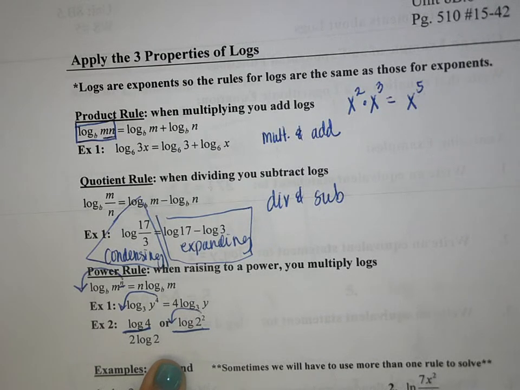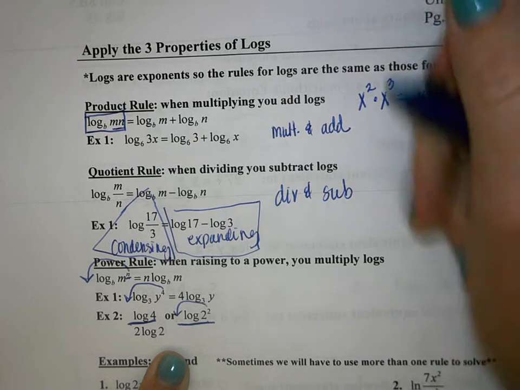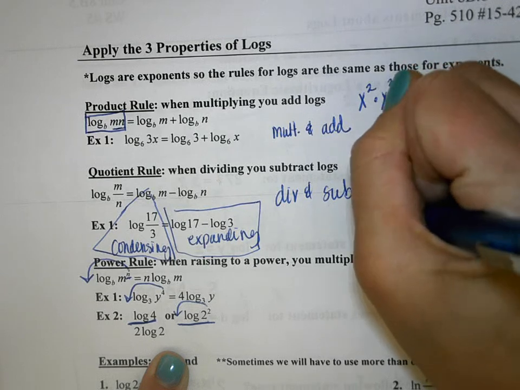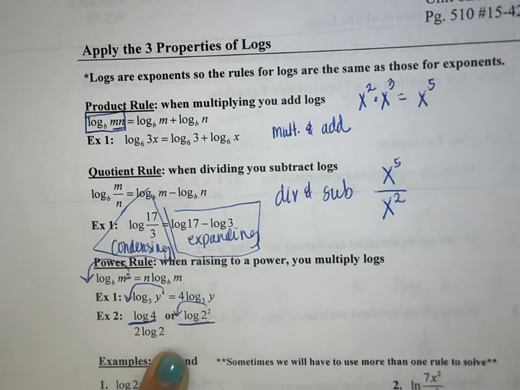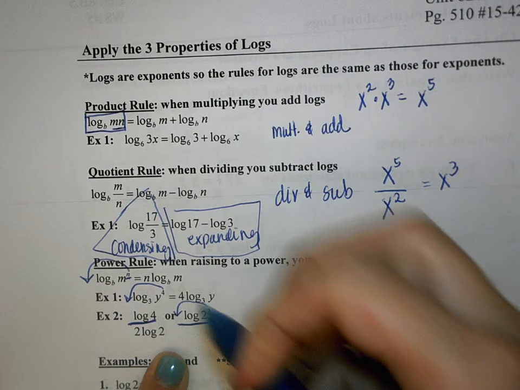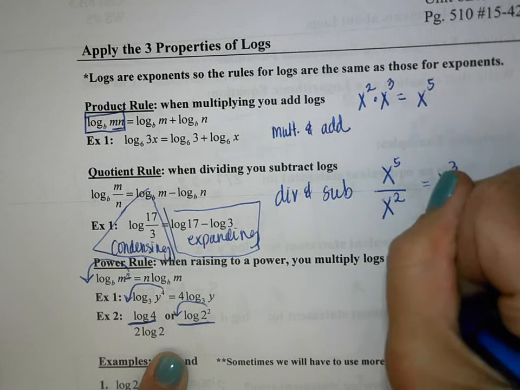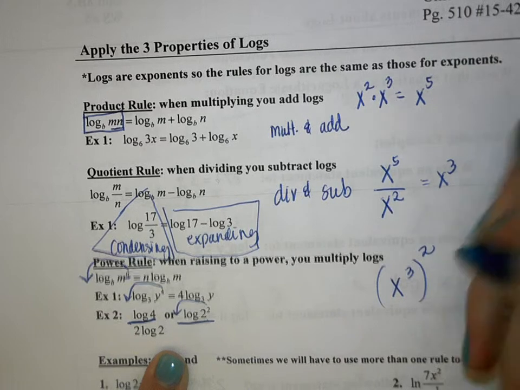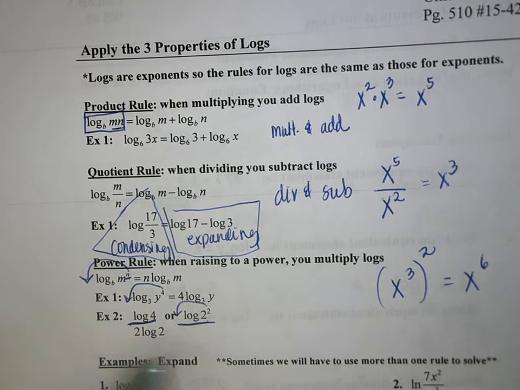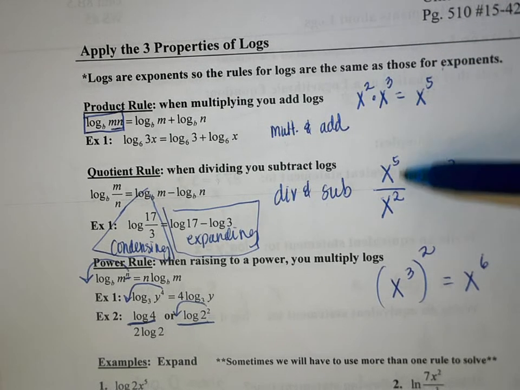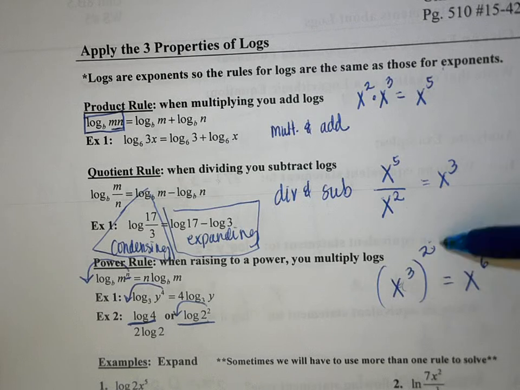Okay. And going backwards just a little bit, I forgot to show you over here. So remember, if I had exponents, x to the fifth divided by x to the second, we subtract those, 5 minus 2, and we get x to the third. Okay, with powers, if I had x to the third raised to the second power, we multiply powers to powers, and that's how we end up with x to the sixth. So notice here again, when you're multiplying, we added the exponents. When they're dividing, we subtract the exponents. And when you have powers to powers, you multiply. Okay, so